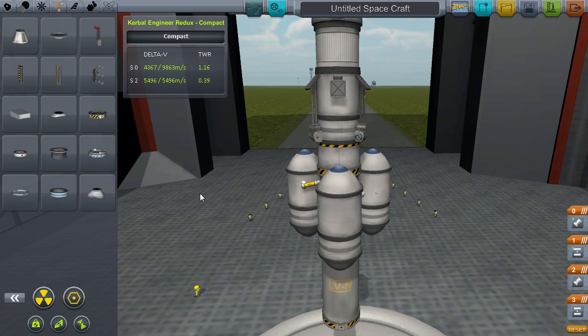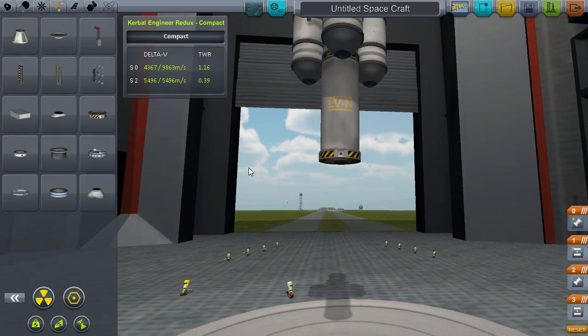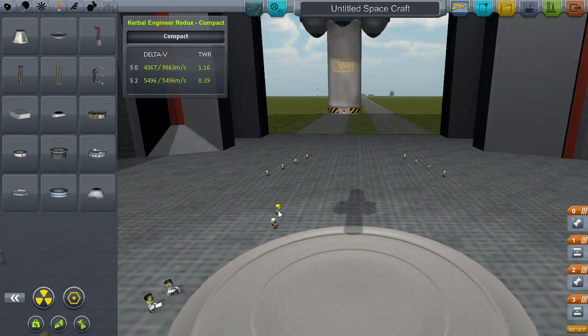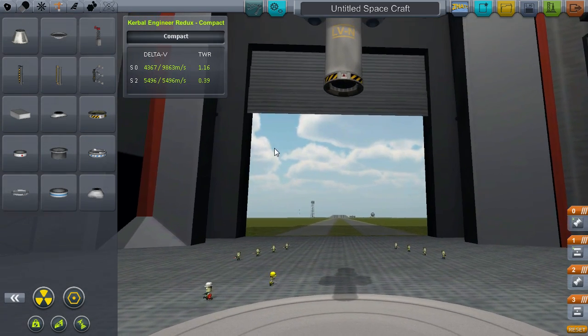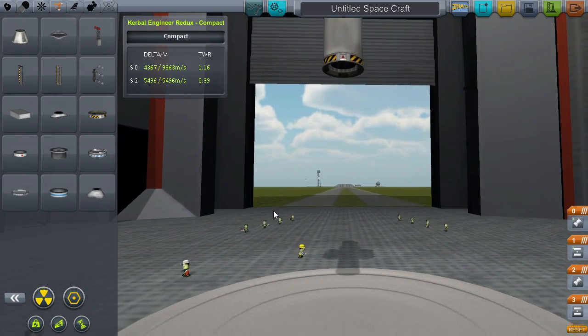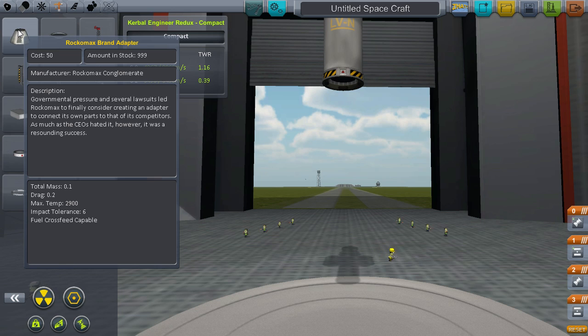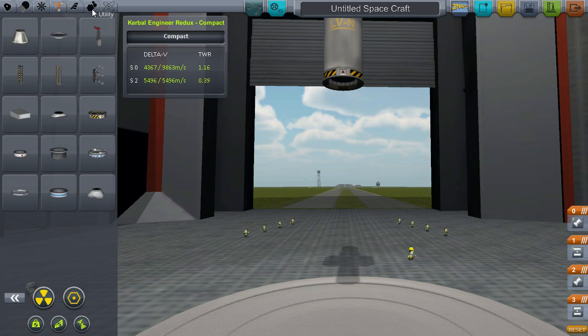Because if it's lower than 1, you will not be able to lift off the ground. And if you're landing, you're going to hit the ground pretty hard. Because the amount of thrust that's coming out of the bottom will not be enough to actually lift the rocket. Now, moving on to the next stage. This is probably going to be...